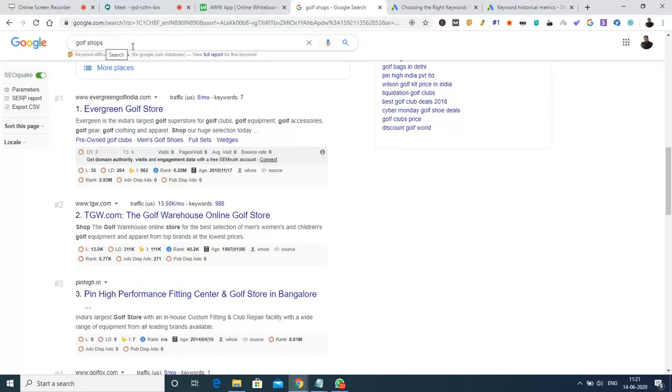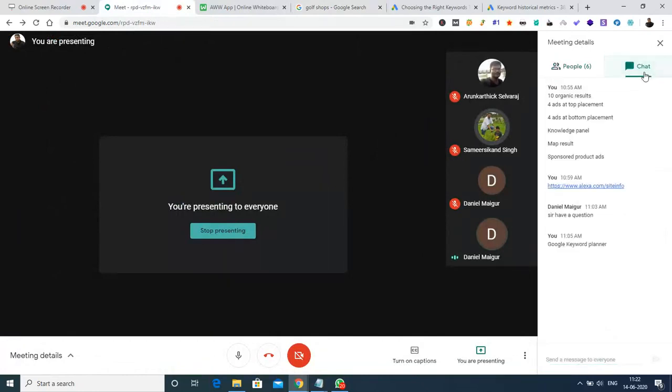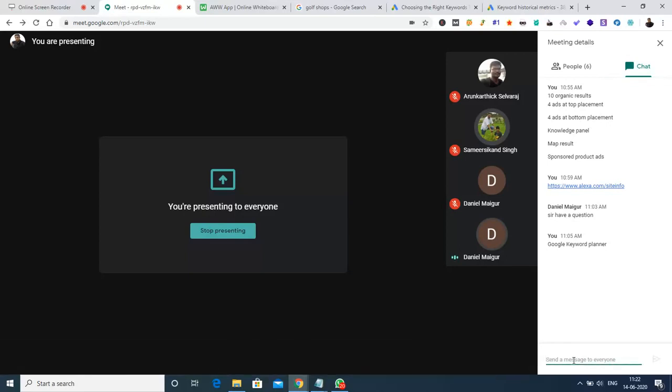So let us see what the factors are that will affect a website being listed on the first page of a keyword search, or in the top three results of a keyword search. Let me explain. There are two things which will impact a particular web page of a website to be ranked for a keyword search when people are searching in Google. So the two things are,